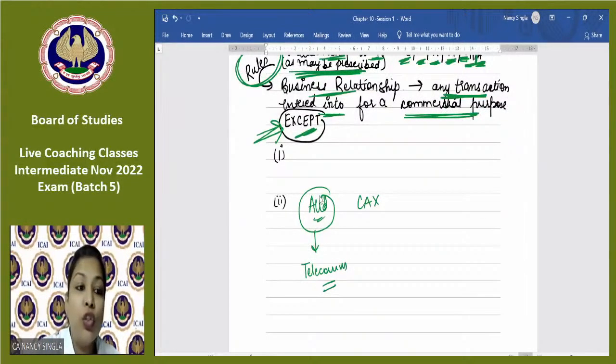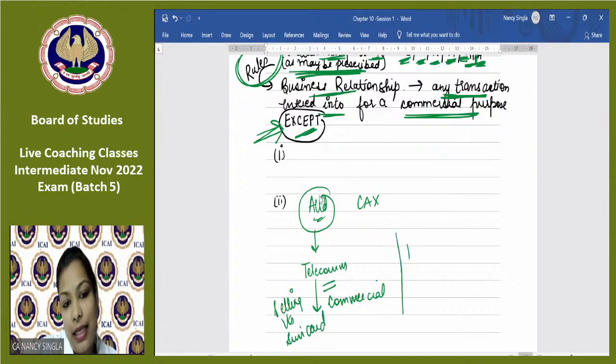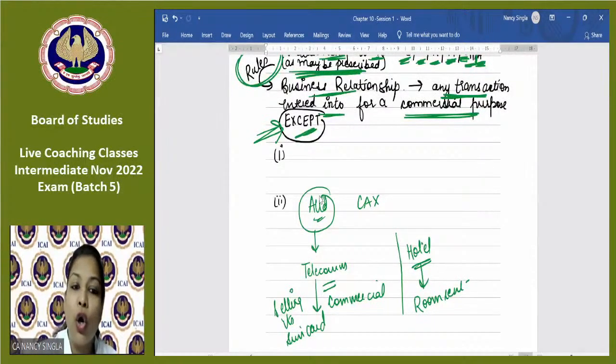ठीक है. सो टेलीकॉम कंपनी है तो इसका कोई भी कमर्शियल ट्रांजैक्शन क्या होगा, बिजनेस ट्रांजैक्शन, दैट इज सेलिंग ऑफ इट्स सिम कार्ड्स, है ना. और लेट्स से टेक एग्जांपल ऑफ होटल. सो इसका कमर्शियल ट्रांजैक्शन क्या होगा, रूम रेंट, टेकिंग गिविंग द रूम्स ऑन रेंट, है ना, और गिविंग द सर्विसेज ऑफ लेट्स से बैंकेट हॉल्स. ठीक है. Now, these are what the commercial transactions.